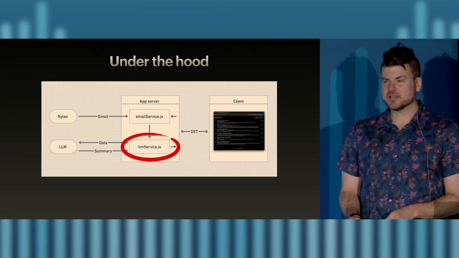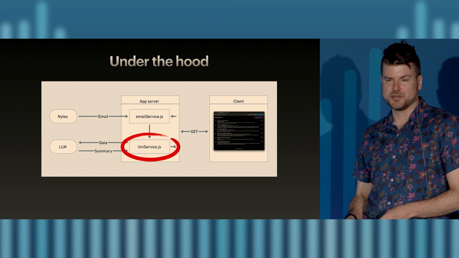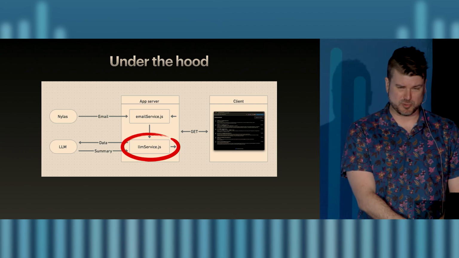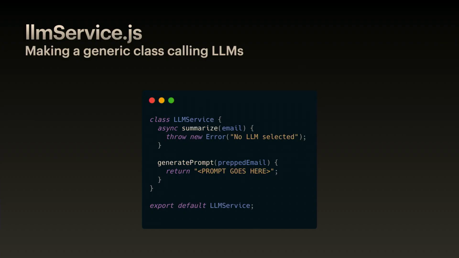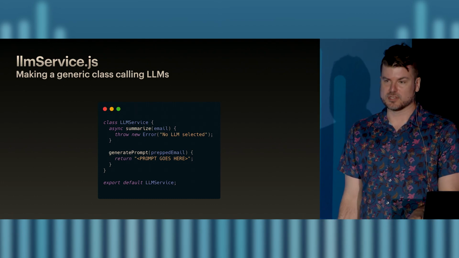All right, so let's check out this LLM service. Again, this is a Node.js service in my application, so this isn't something out on the web or anything like that. We'll get to that in just a second. But first, we've got to prep so we can get ready to make those API calls. So I just made a generic class that gets us ready to call LLMs. You'll see that this class in and of itself doesn't really do anything. The main thing it's doing is getting that generate prompt method in place. It'll generate the prompts anytime we have an instance of this class or a class that extends it.